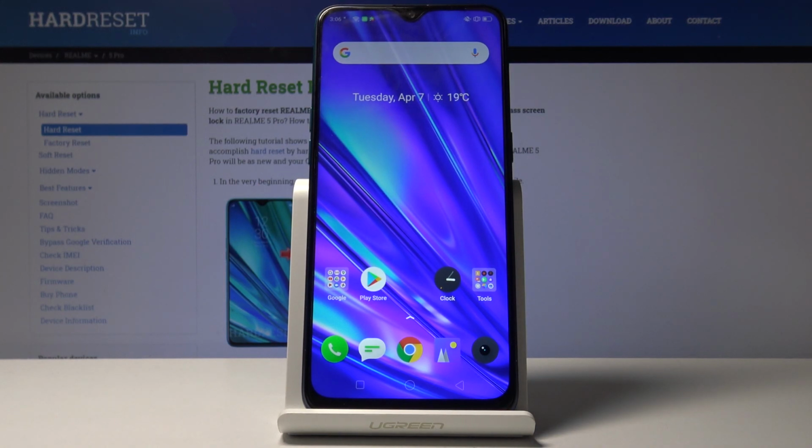Welcome, everyone. On a Realme 5 Pro, today I'll show you how to enable and set up the Do